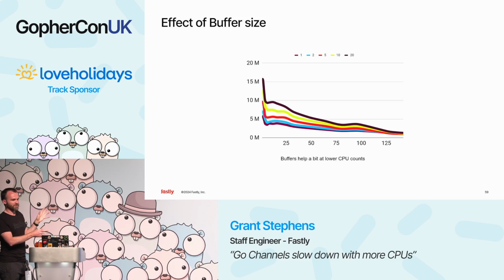So it doesn't matter if you have buffers or not, you still end up with the same problem that, in this case, for 20 buffers, it's actually a lot worse, because you're going from 15 million odd all the way back down to 1. So it's actually like a 15x reduction for a buffered channel. It's a bit scary. Cool.